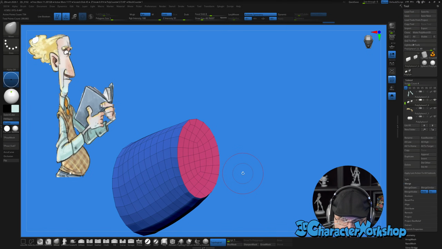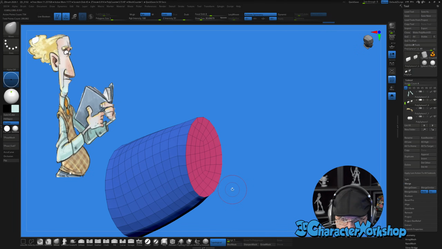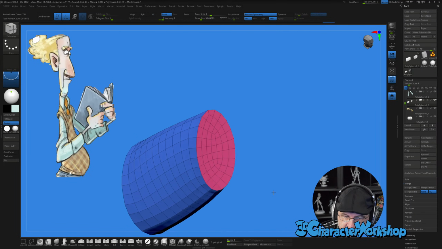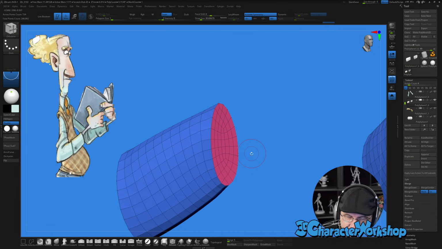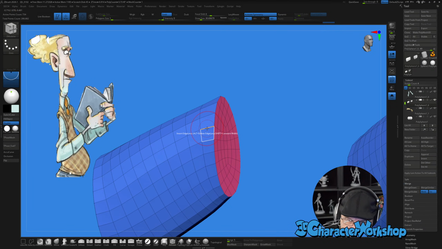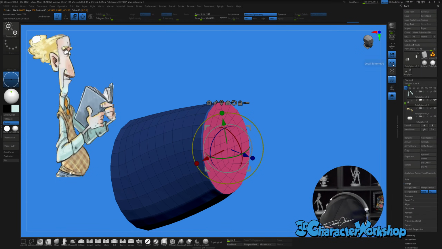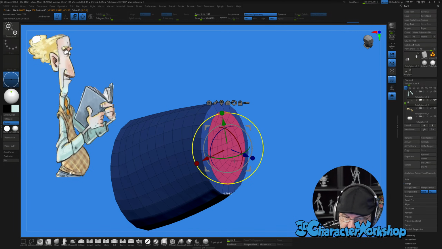Okay. And then I can inset these. But with the Z modeler, I typically don't have very good luck with inset. So instead, I will usually insert an edge loop here and just bring it right up to the edge. And that will become my new outer edge. And then I will mask this group off, and make sure my local symmetry is turned on with dynamic turned off. And then I can scale it in. That's my inset, right?